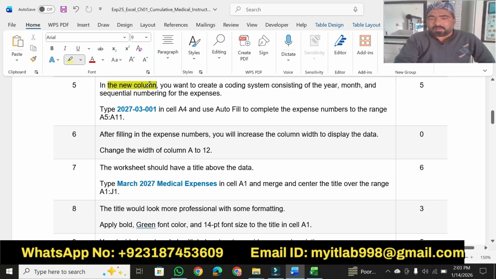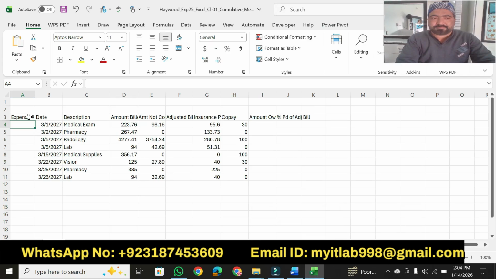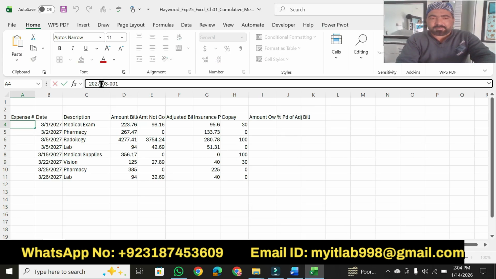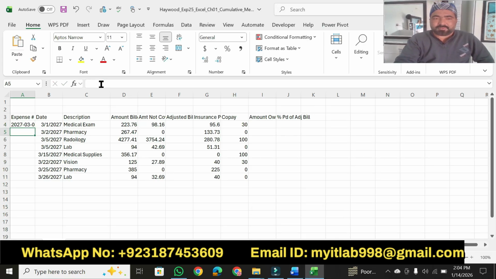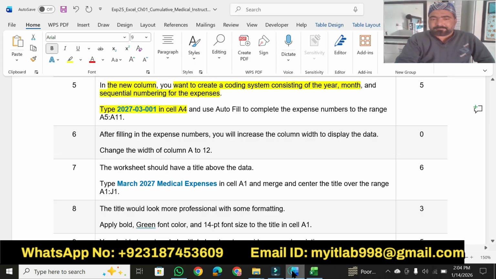In the new column, you want to create a coding system consisting of a year, a month, and sequentially numbering for the expenses. So type this one in cell E4. First we have to copy this digit, then come on E4, and here we have to paste that one. Press enter. Then now what we have to do next,